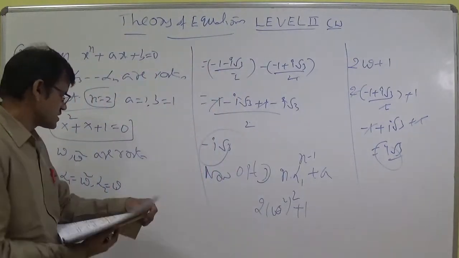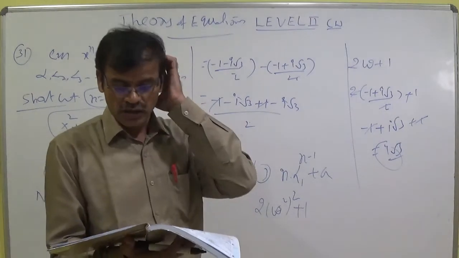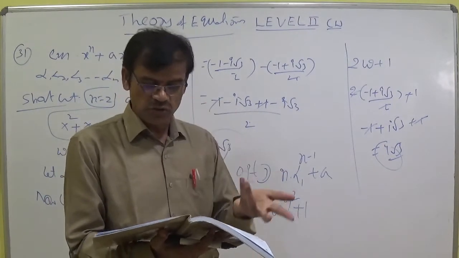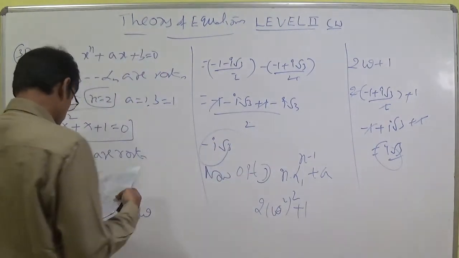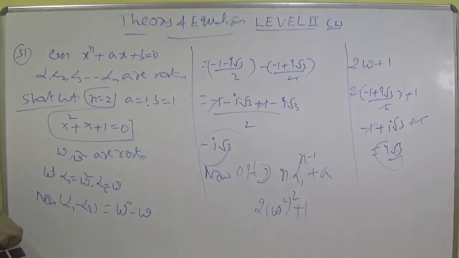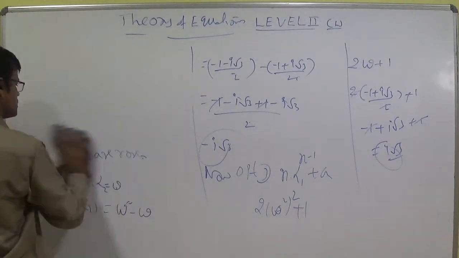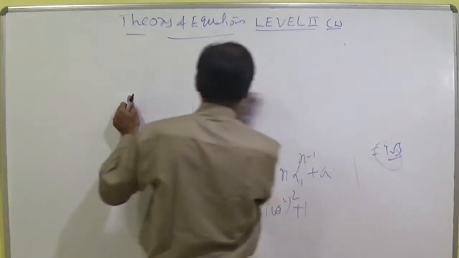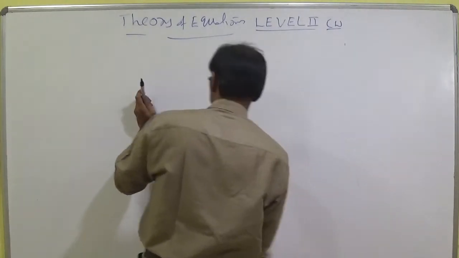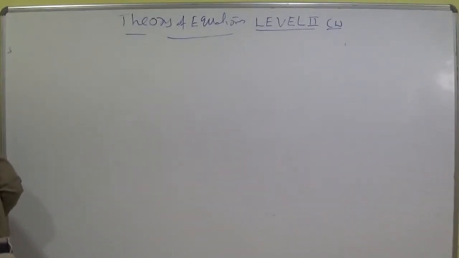In the previous class I did the same question on the blackboard. I had taken alpha 1 as omega and alpha 2 as omega square. It also was not possible; minus and plus, we are getting a difference. So let us do the direct method. No need to use the shortcut. So x power n plus ax plus b, the polynomial equation can be written as follows. This is called summation of roots with products.